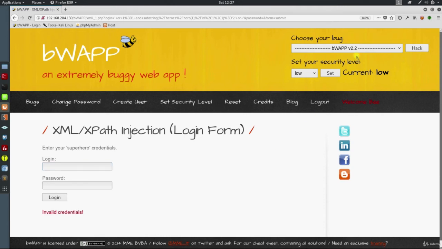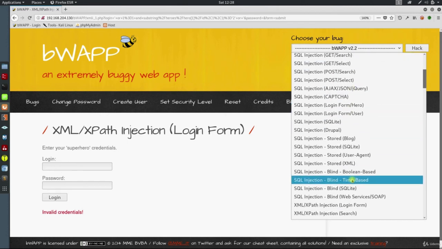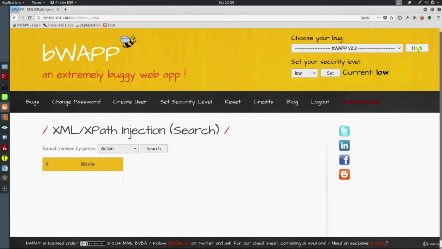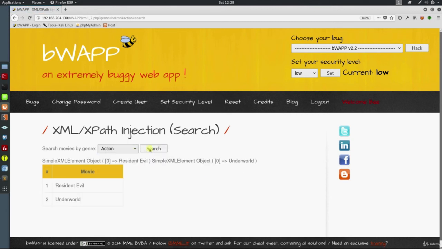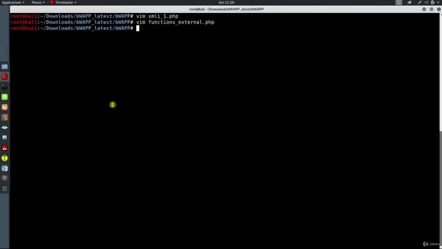So from the menu above, choose the second one. It selects movies based on their genre. So you may not see this raw message on the page. I enabled it from the code so that I could show you how XPath finds the values. So don't freak out. But just open the terminal, view